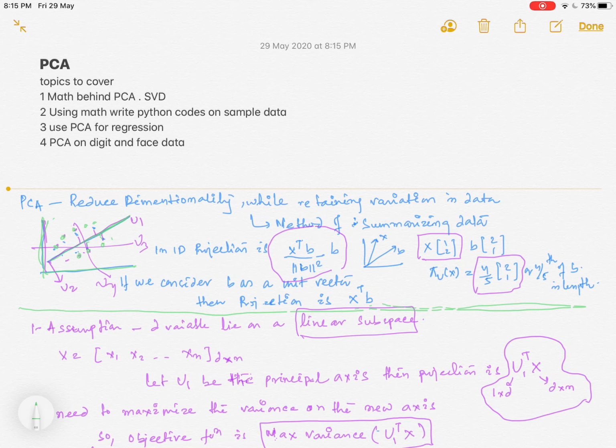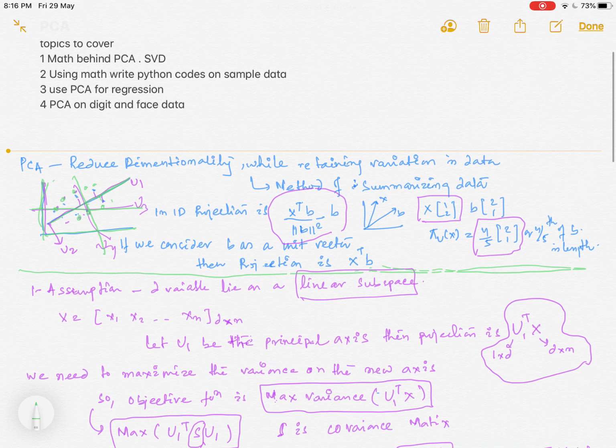If we are able to do so, then we will create multiple such principal components, or multiple such straight lines onto which we will project the data, and then pick only those few newly created lines which will have the maximum variance and discard the rest. In that way we will reduce the dimensionality. So if d cross n is the dimension, we will try to pick p such lines or p such principal components, which we will be referring to in the next few minutes, where p is much less than d.